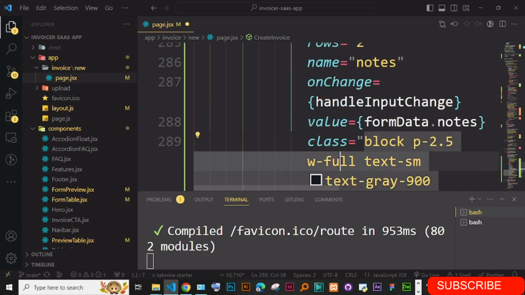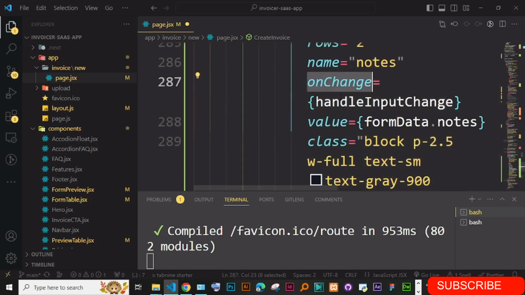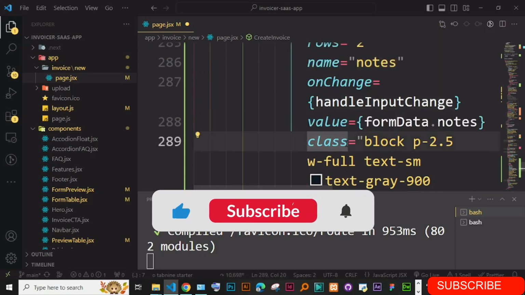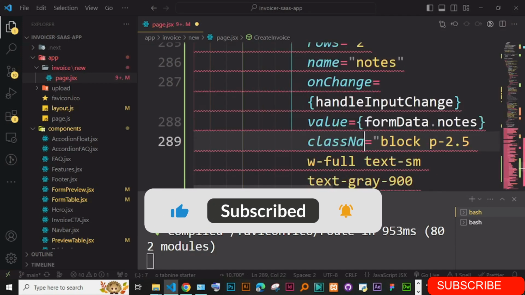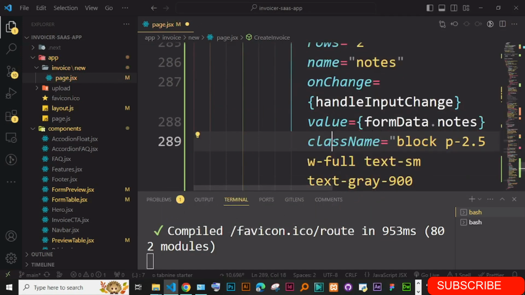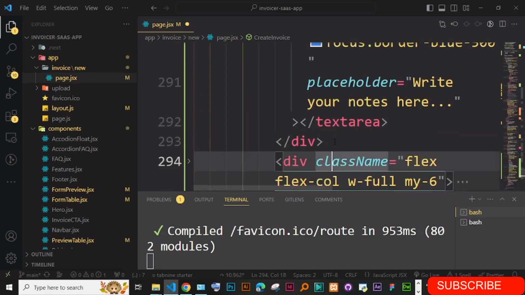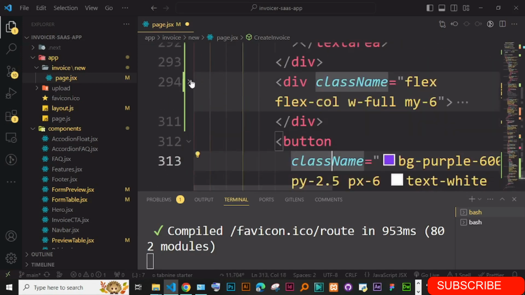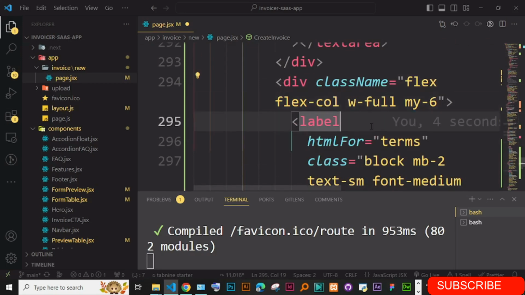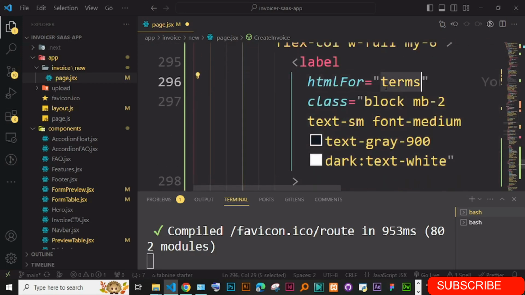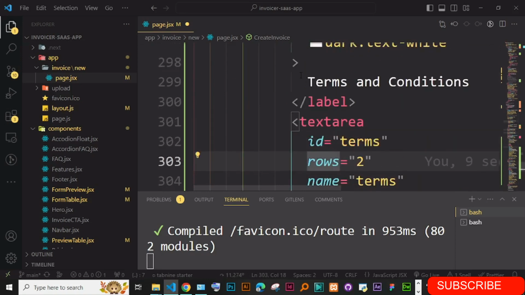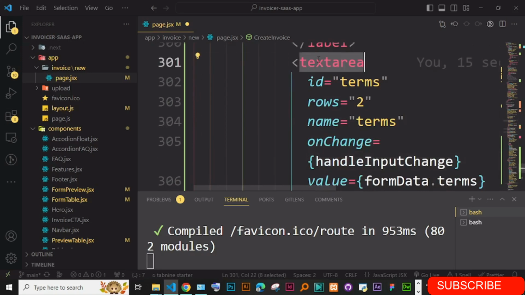And then I gave it also onChange. On change we have handleInput, then we have formData.notes. We did that. You already know how we did all those ones. The same thing I did to the second one. The second one is the label for terms and conditions, so I named it terms, and then you just go here and say terms and conditions, and then here we have the text area, terms, rows,